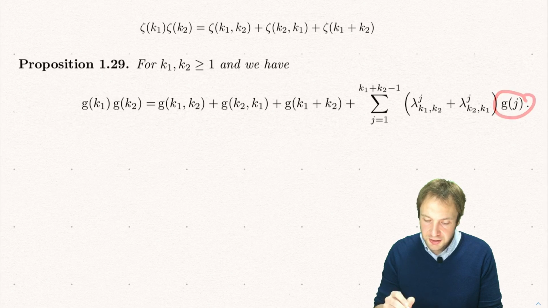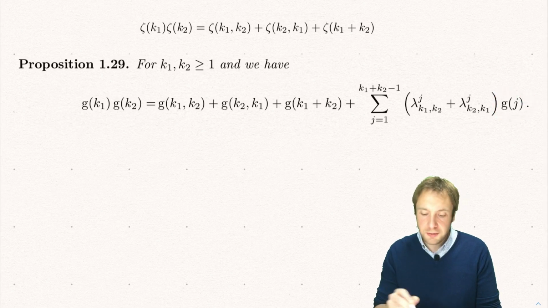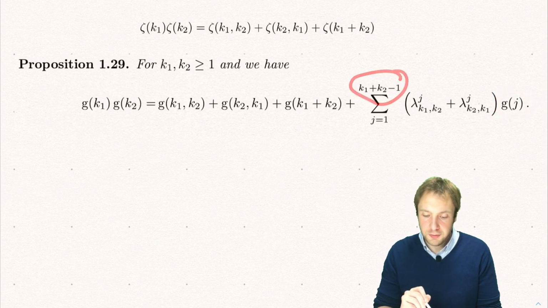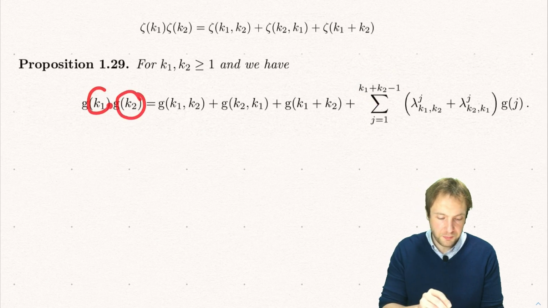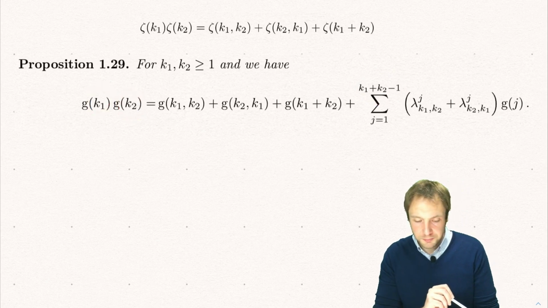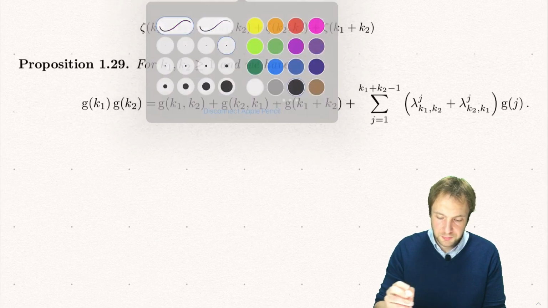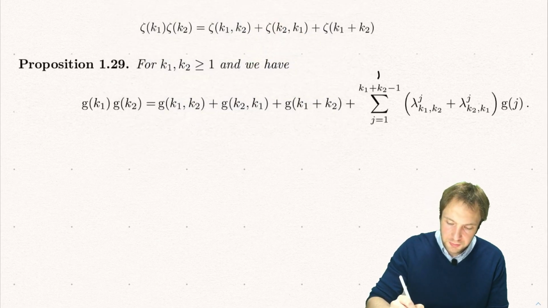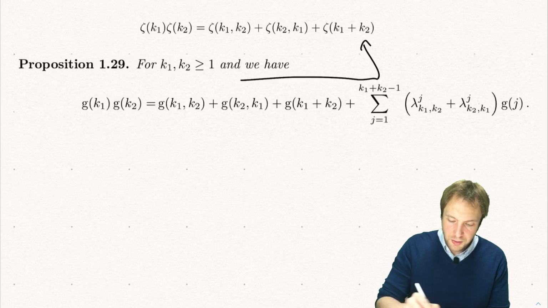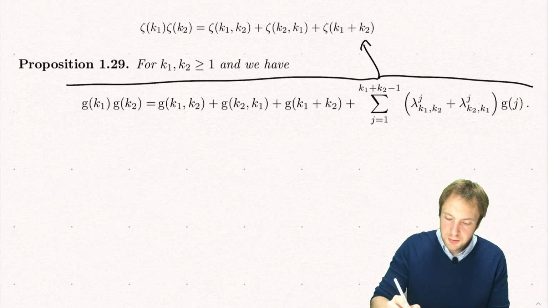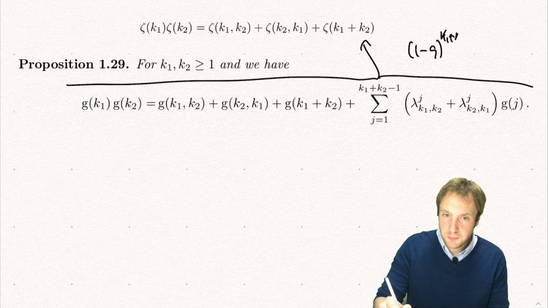And here these g_j are of smaller weight than the sum k1 plus k2. Further, if I multiply the whole thing by (1 minus q) to the weight k1 plus k2 and send q to 1,